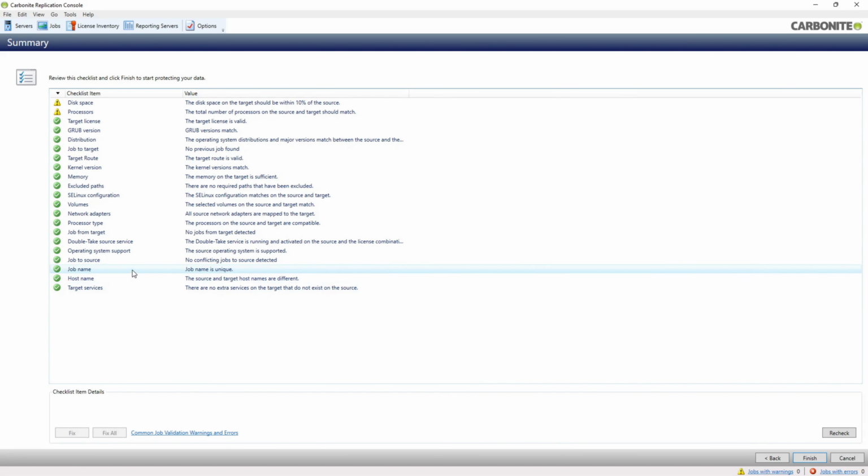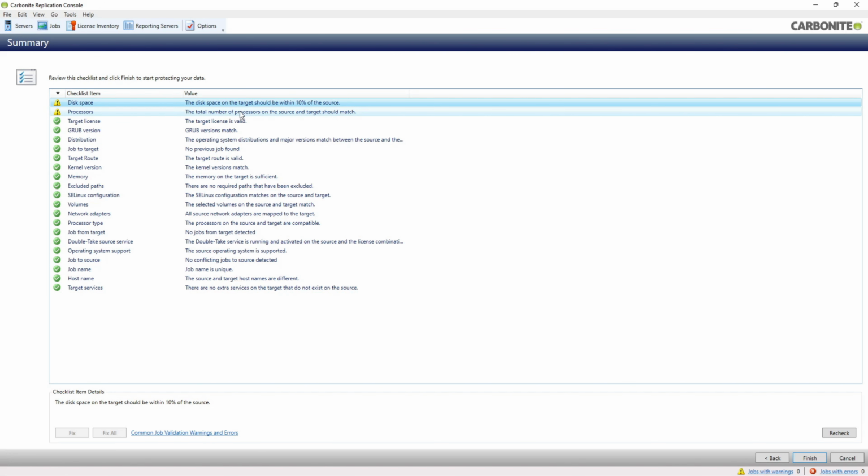So it's checking to see the settings I've given it are usable. And we've got lots of nice green ticks here, but it is warning me of a couple of things. It's suggesting that there's maybe a difference in the disk size here. It's not going to cause any problems through my demonstration. And generally, you probably want to be able to create new machines in your target environment with bigger disks. It's an opportunity to resize those. But that's fine because we're going to be replicating the files. We're not taking snapshots or replicating disk blocks and things like that. So we're replicating files and folders, live open files and folders,